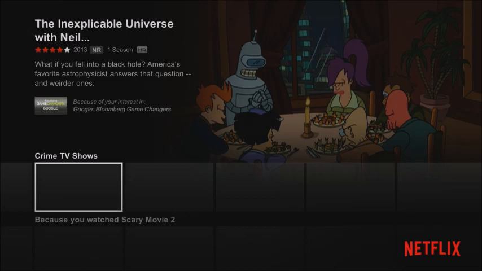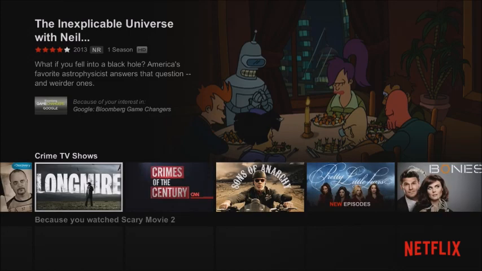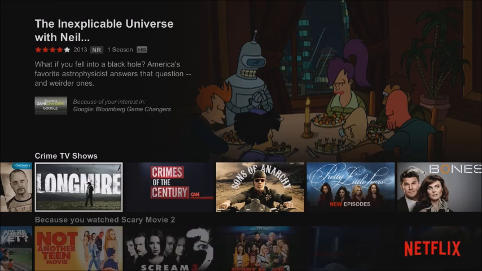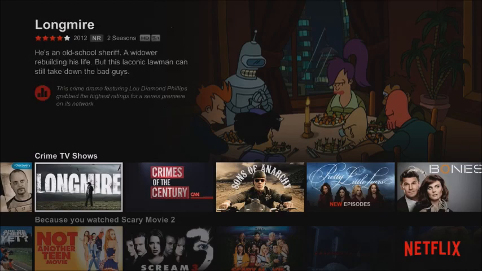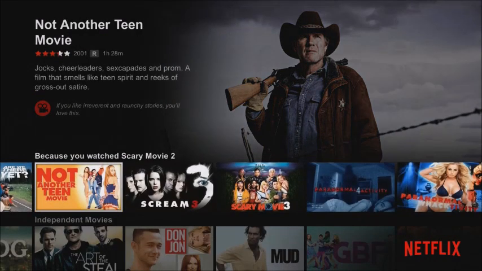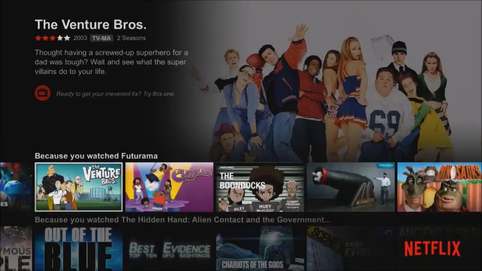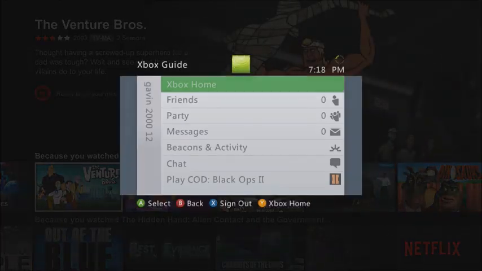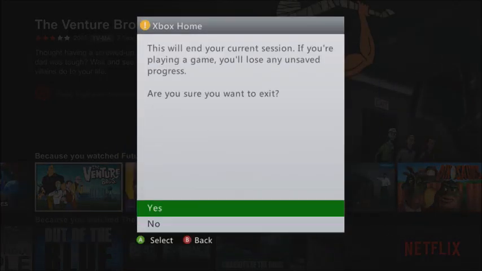It is handy to know this because you can just switch over to American Netflix if Canadian Netflix doesn't have a movie that you might want, and see if they have it on there. But if you no longer want American Netflix, it's really super easy to get rid of it. So then you just go back to the home menu,